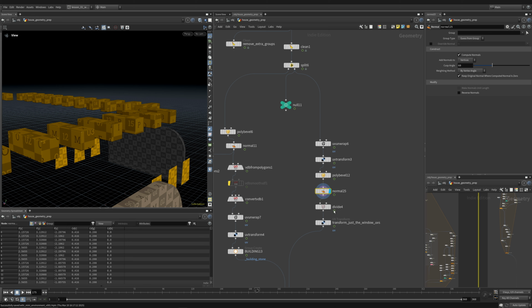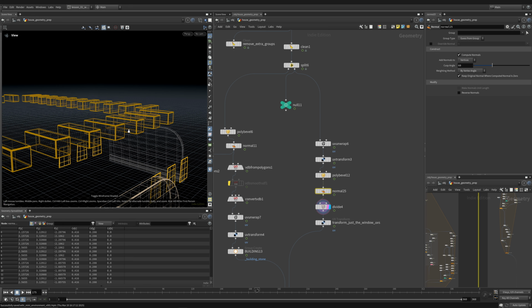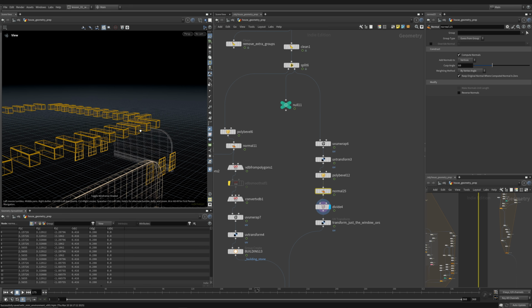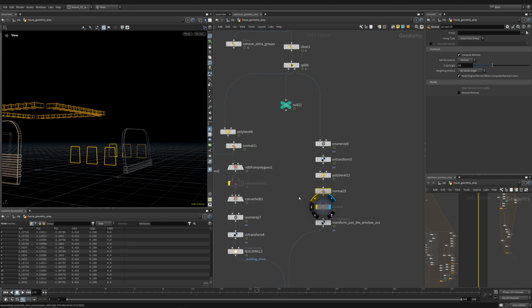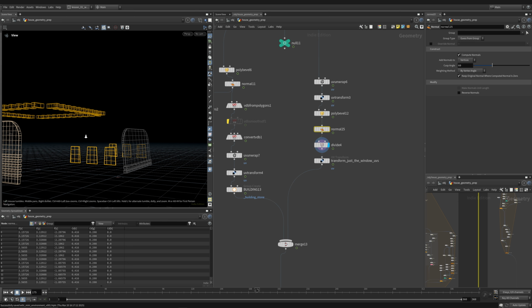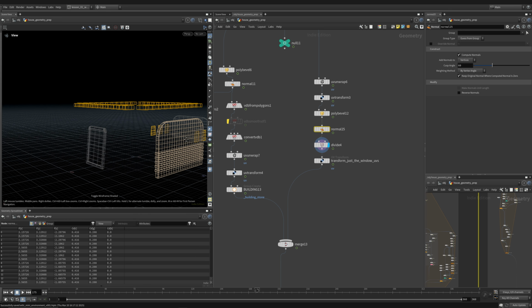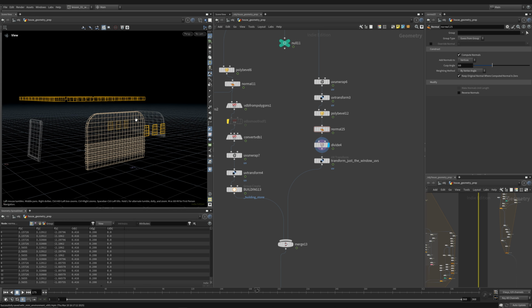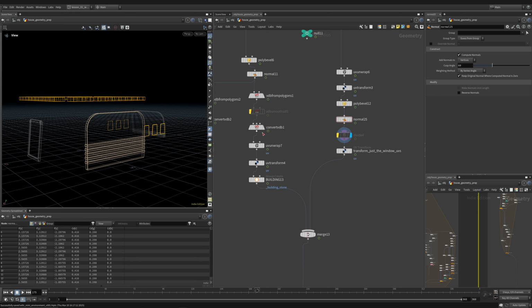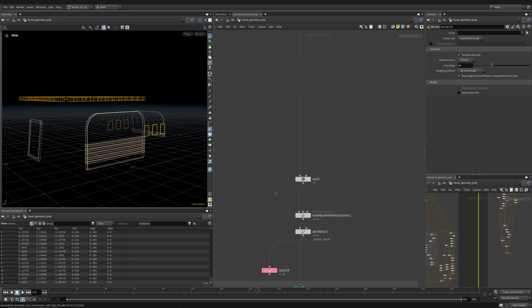And then we do a normal and then divide. And the reason I do a divide is I wanted to create some, I think I actually didn't need it here. But what I wanted to do is get more geometry here, because this is masked by ambient